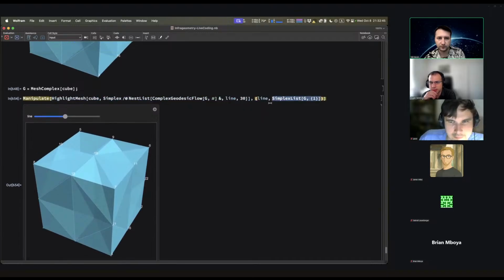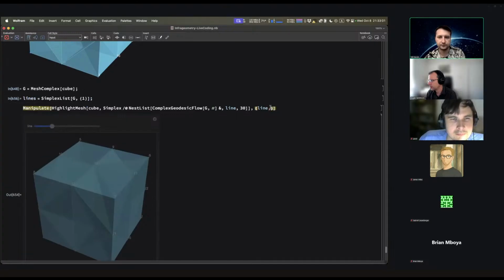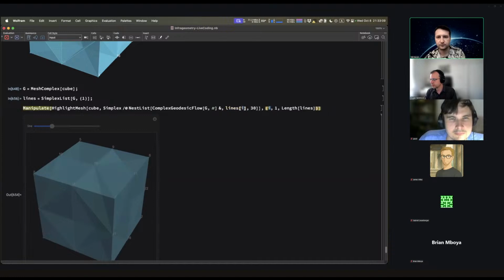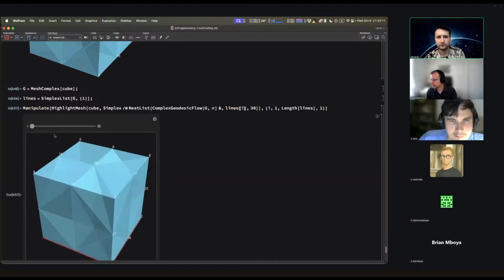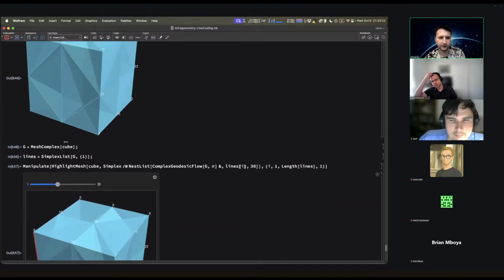What am I doing wrong here? Well, what we can do with the cube is just, well, there's